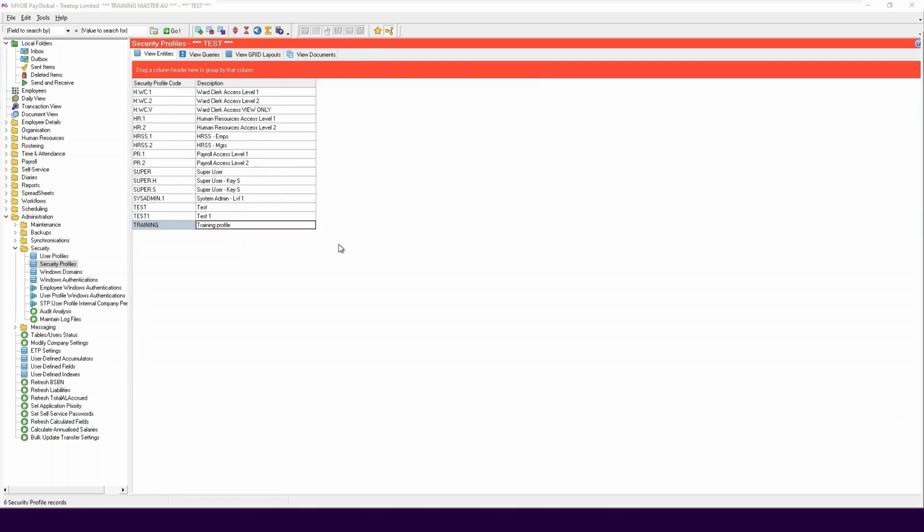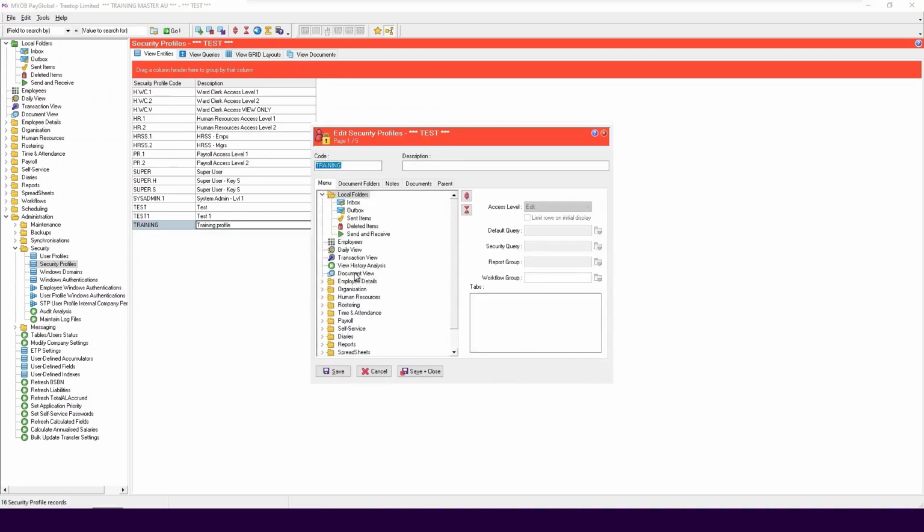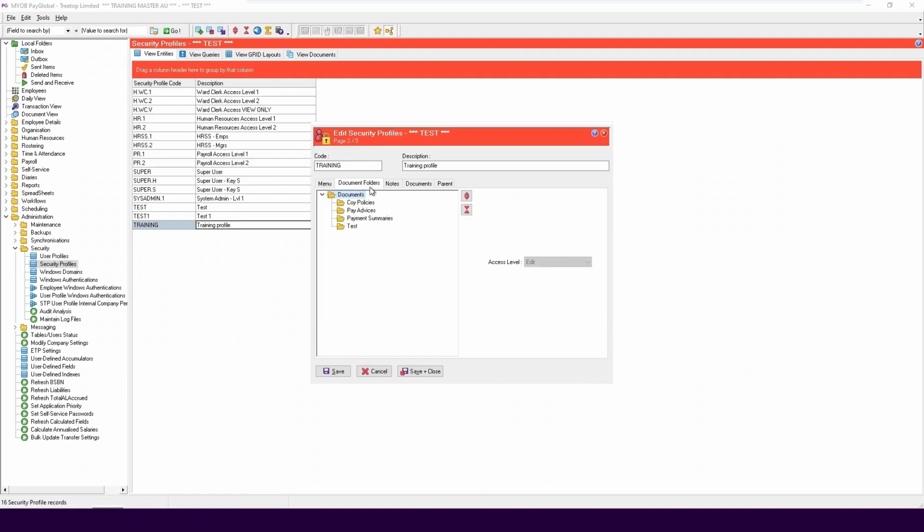To save documents to any tables within PayGlobal, a user must have a security profile with edit access to both the document view and the folder, including the folders above. For example, this security profile has edit access on Document View. When you click on the Document Folders tab, you can see the employee has edit access to documents, but they have no access to all the folders except Pay Advices. This means that they can only access the Pay Advices folder to post documents to.